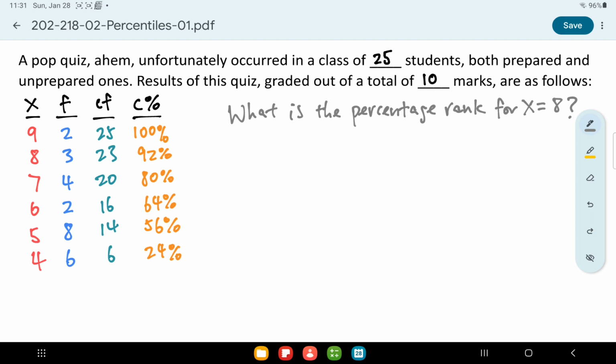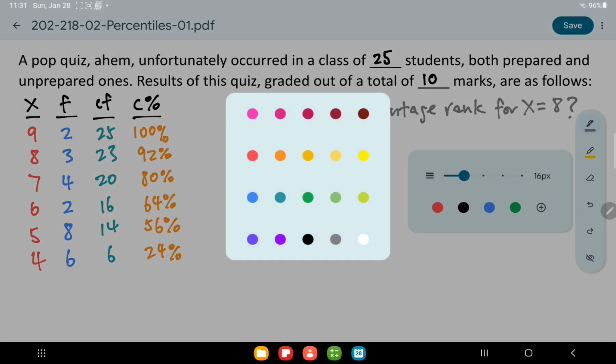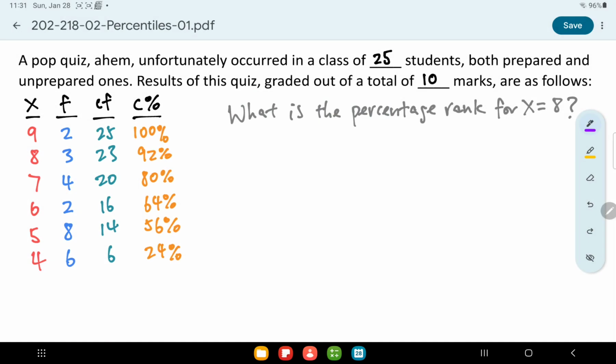Let's consider this question, and again, you would recognize this as really the same frequency distribution that we've seen in prior tutorials. The question is this: what is the percentage rank for x equals 8? Right off the bat, x equals 8, we would take a look at where x equals 8 is. So this is where it is, x equals 8, while also keeping in mind,